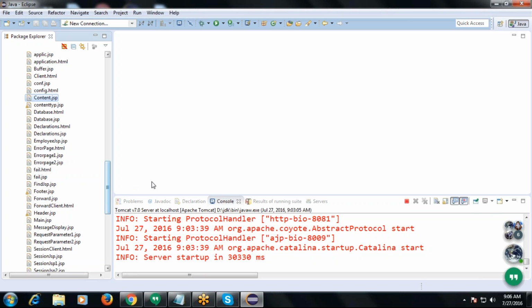And what about implicit objects? Can you define what is meant by an implicit object?